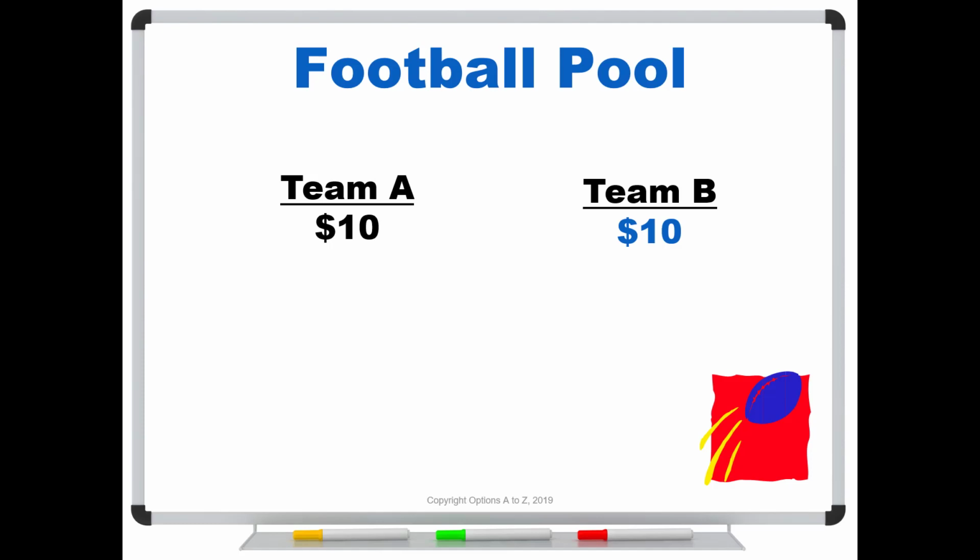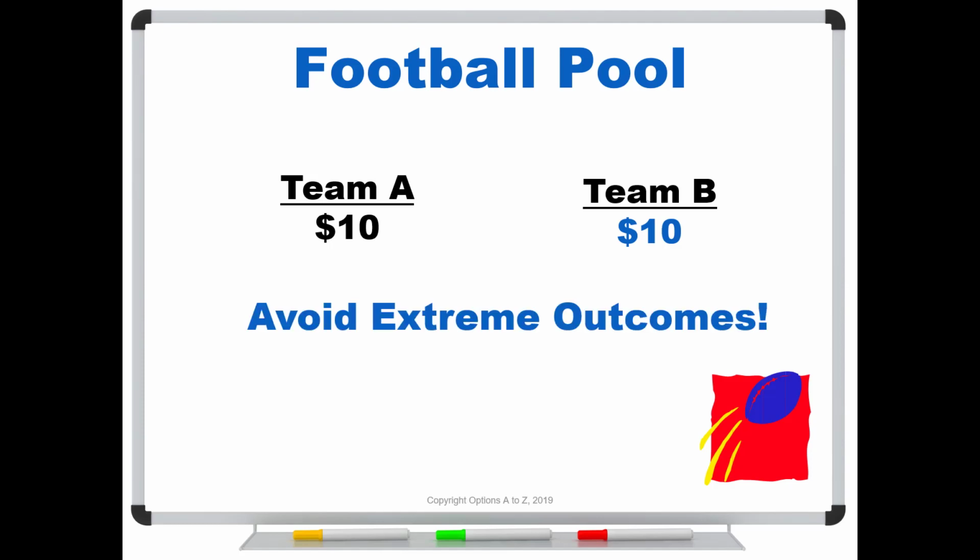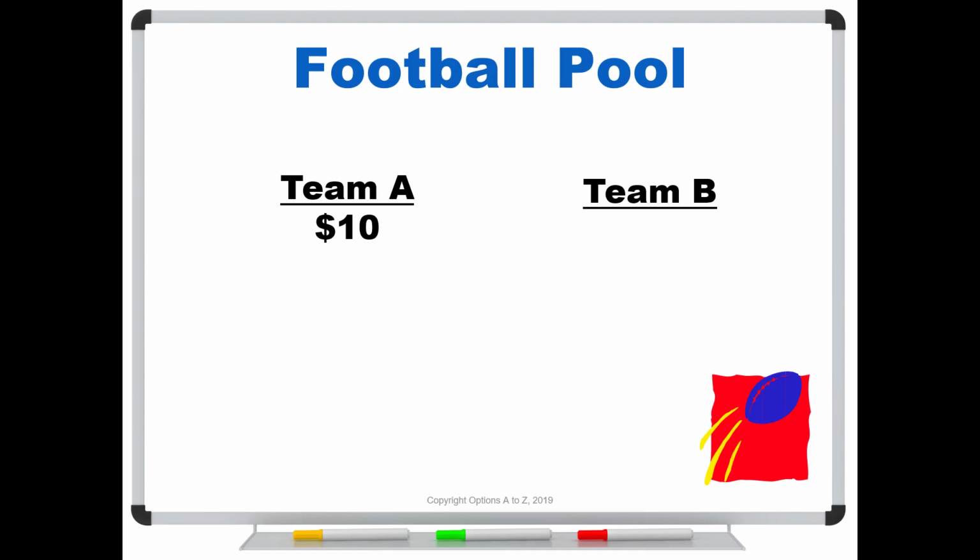You're also subjecting yourself to extreme outcomes. You're either going to double your money or you're going to lose it all. And as I just said, one of the ideas of financial risk management is to avoid these extreme outcomes. So what's another choice you could do? Well, you might say, I guess I could maybe bet on A as well. That's not much of a bet. If Team A wins, there's 20 bucks in the pot, you split it, you walk away with the same amount that you started with. If Team B wins, I guess we just roll it over into the next week.